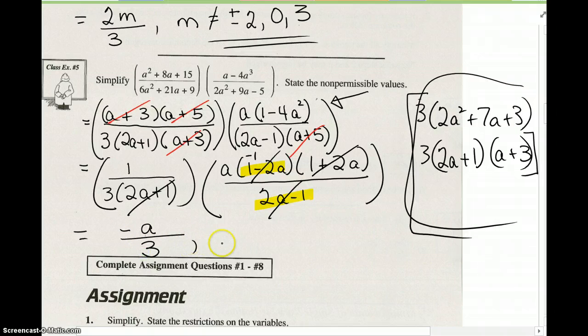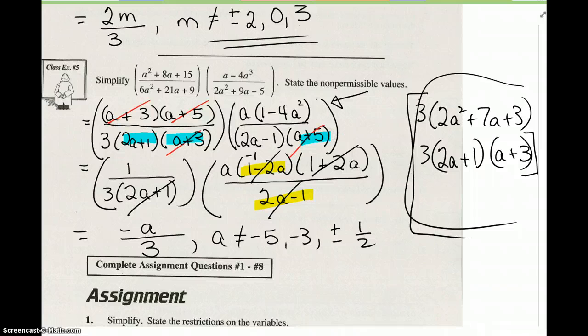My restrictions, a does not equal negative 5, negative 3, and plus or minus 1/2. Now I got those again from looking at the bottoms. Here, here, and here, I think I've covered them all. If I've missed one, you'll understand. All right, that